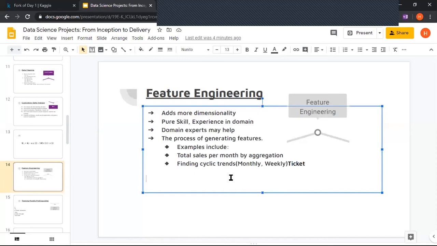So what we do is we separate the months, the weeks, the days. We'll have a single column for the month, a single column for the date, and a single column for the day. When we separate these columns, we have created three new features from a single feature that was date.